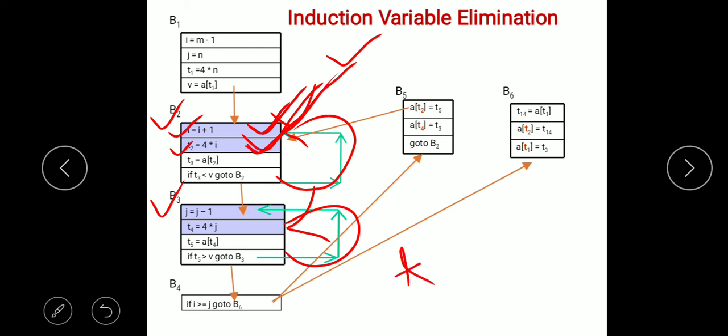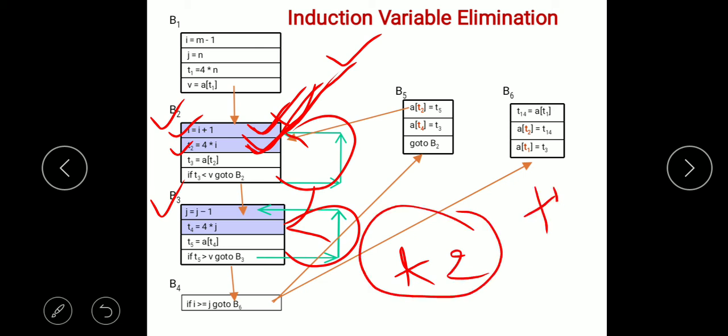So you can identify I and T2 as induction variables, and you need to eliminate them.